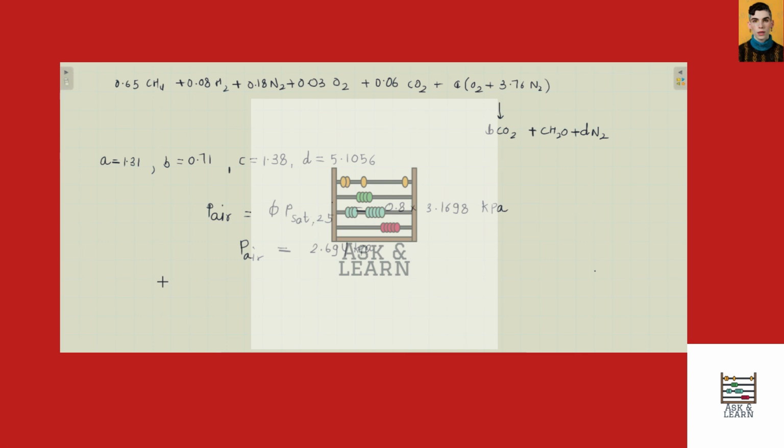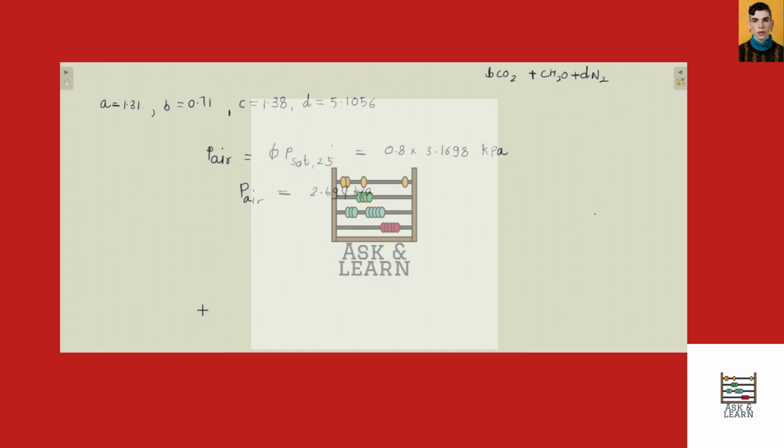The amount of the moisture is determined from the relation which uses the pressure of the moisture and the pressure of the mixture. So the relation would be N air equals the partial pressure of air divided by the total pressure multiplied by the total number of moles. So this would be equal to 2.694 divided by